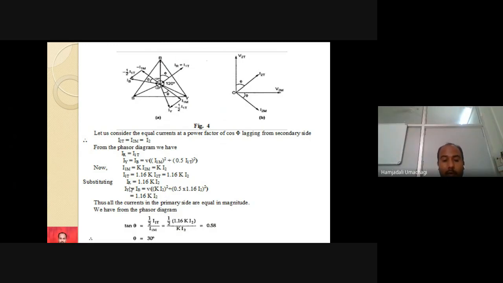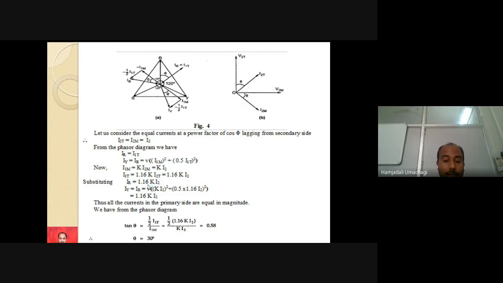It means that when the load is a low power factor load, that is an inductive load, and the secondary side loads are balanced, then the three-phase side is also balanced. The three-phase side is balanced means the system can be said to be balanced only when the currents drawn are balanced and equal. That is, the three-phase input side currents IR, IY, IB all have the same expression. These three line currents are equal to 1.16 k times of I2. This expression we get when we connect a lagging power factor load or inductive load.